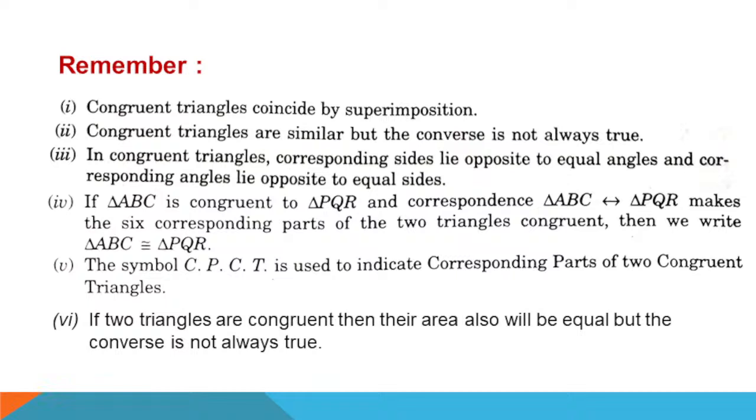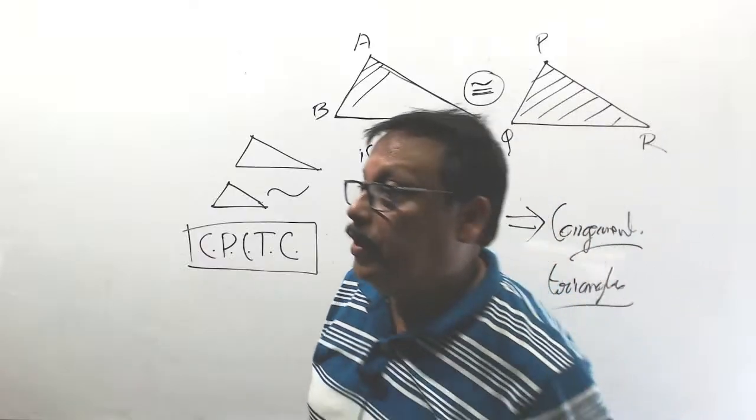Okay, number 6. If two triangles are congruent, then their areas also will be equal, but the converse is not always true. Yes, a very important property. See,